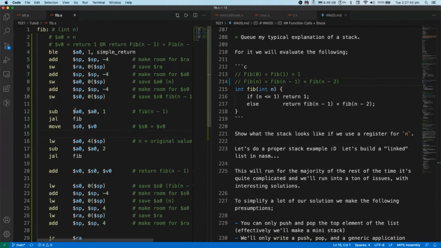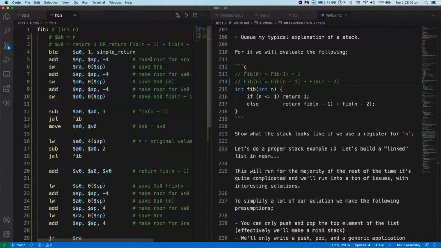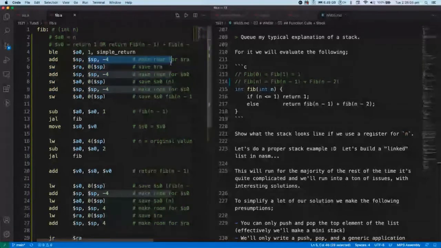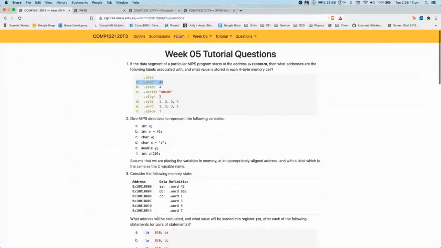The base idea behind functions and recursion in MIPS is that they use the stack quite extensively. Getting good at the stack is useful, but at the end of the day, you can just do this over and over again, and you don't have to worry about using frame pointers or anything like that. And in reality, if we're looking at real code for MIPS, it gets even more confusing because you have things called